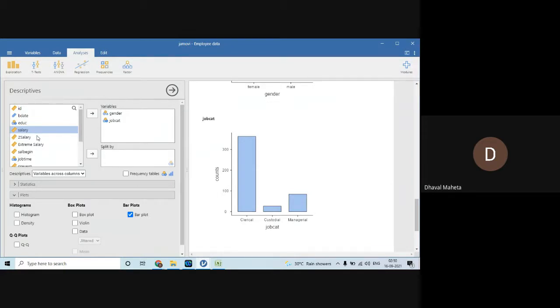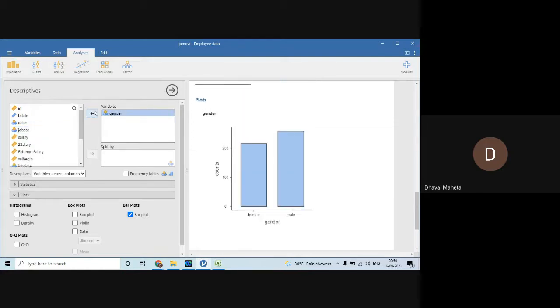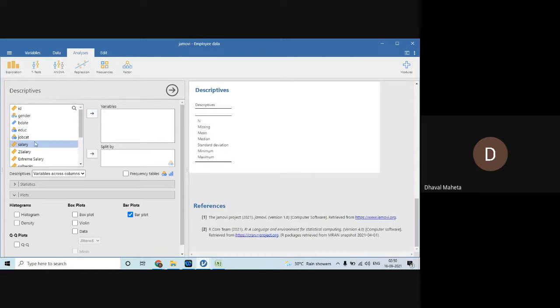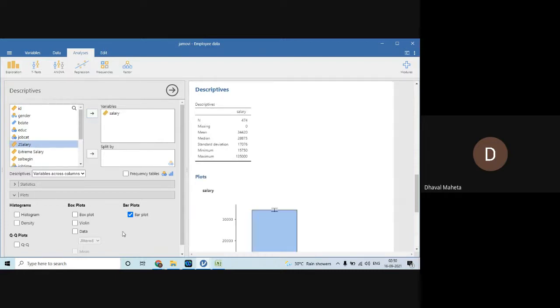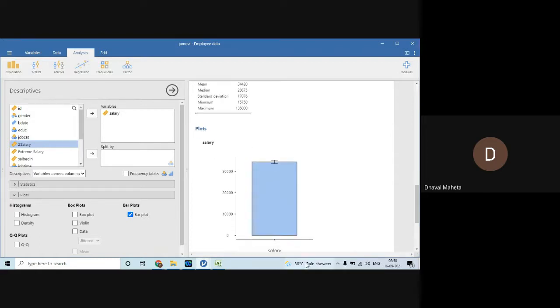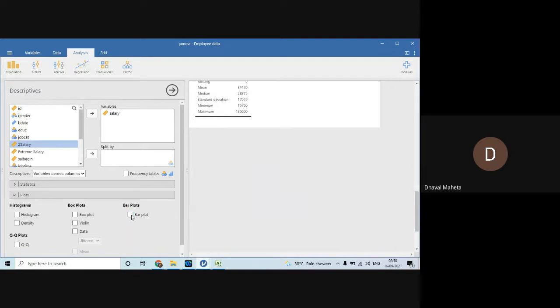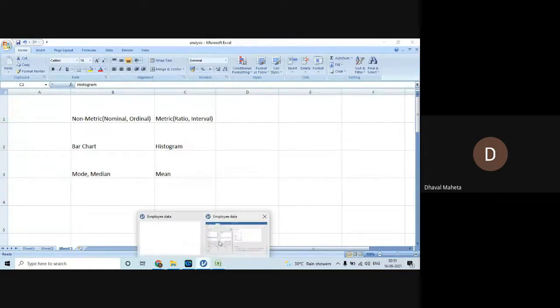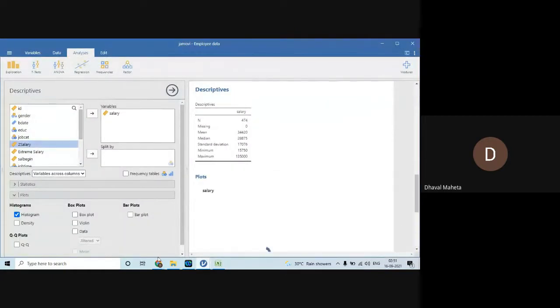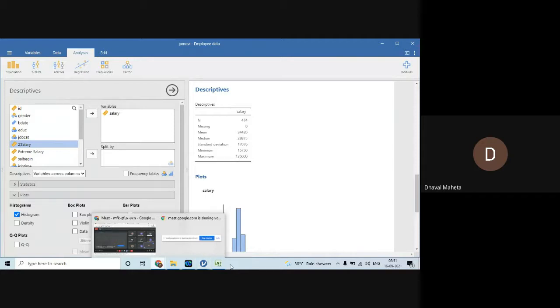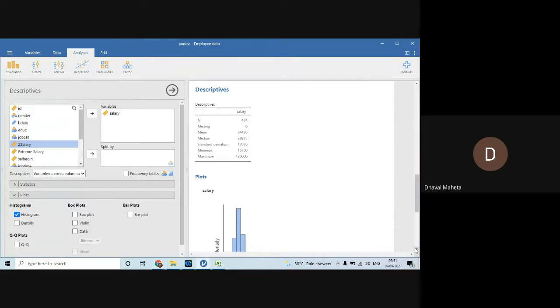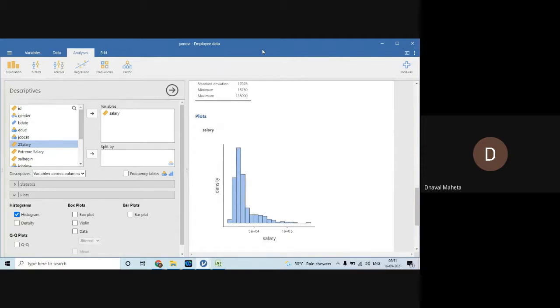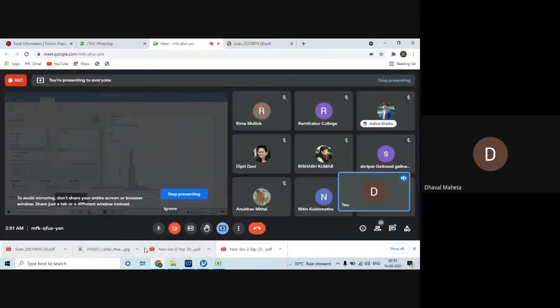Now remove all of them from here, and when we take a scale variable, you cannot have a bar plot here. A bar plot will give you wrong results. I already told you this. Here, as it is a scale variable, our ready reckoner says that you should plot histograms. So click on histogram. Are you getting the histogram? See, you got the histogram.